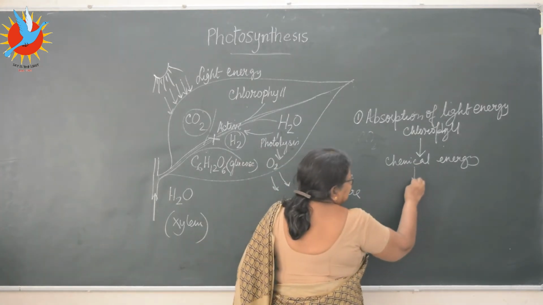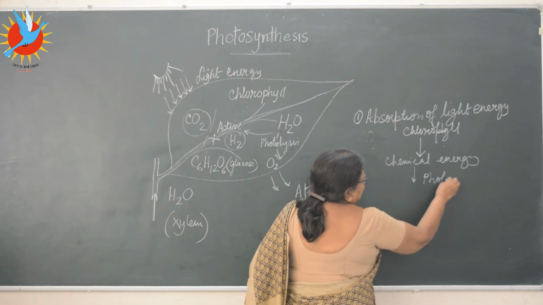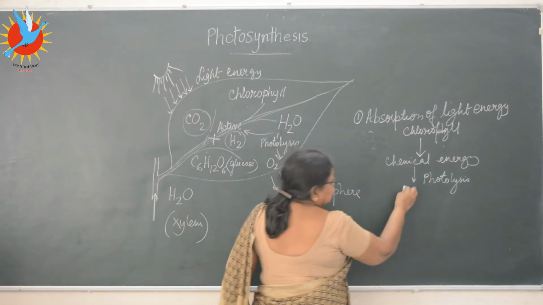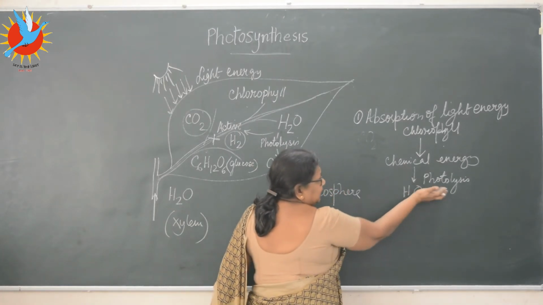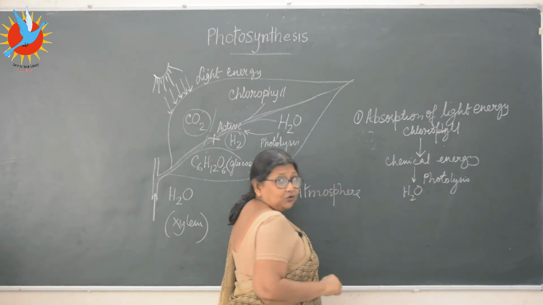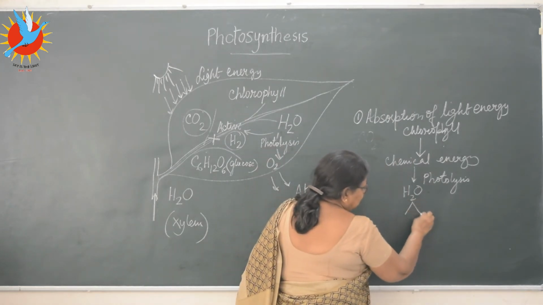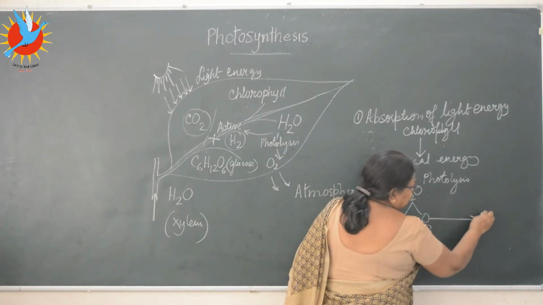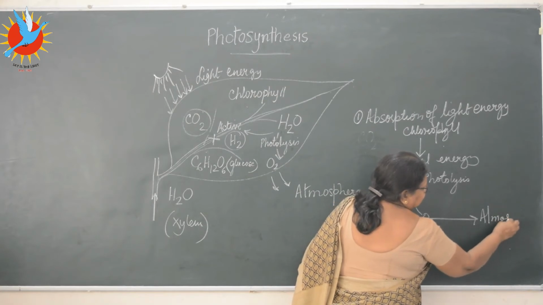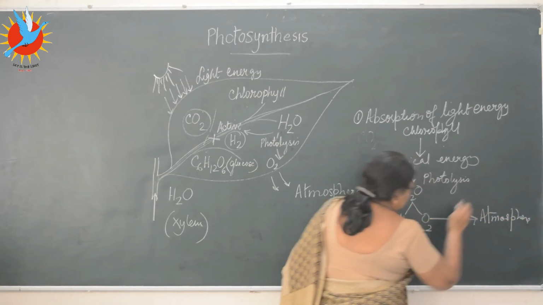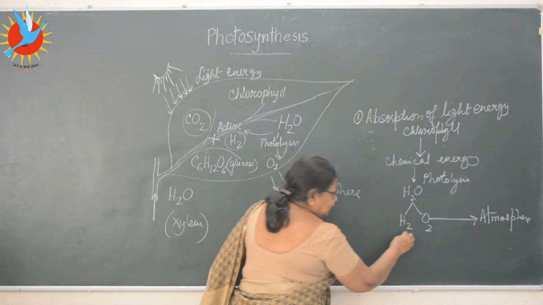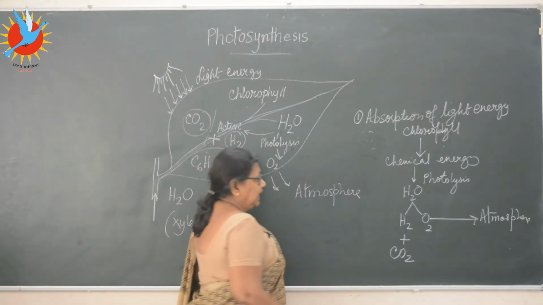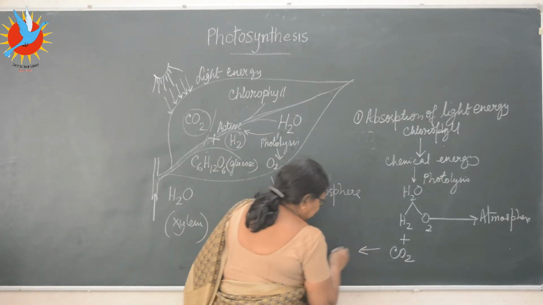Now, with the help of this energy, what happens? Photolysis. It's very easy. You go through the sequence. Photolysis means what happens in photolysis? Now, it is breaking up, so naturally energy will be required to do the work. So, water splits into hydrogen and oxygen. This oxygen is given to the atmosphere. Now what is the function of this? This hydrogen will now combine with the carbon dioxide present in the cell. And when it combines, what does it make?